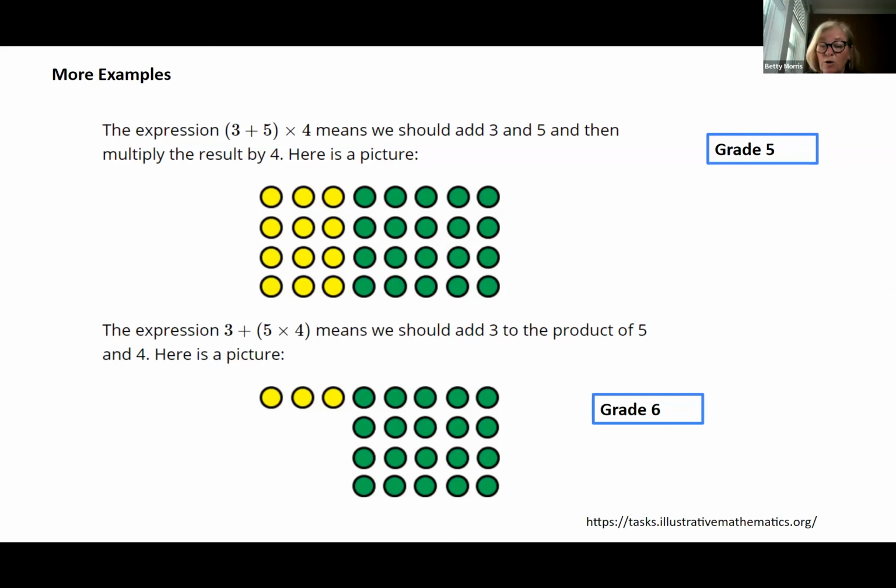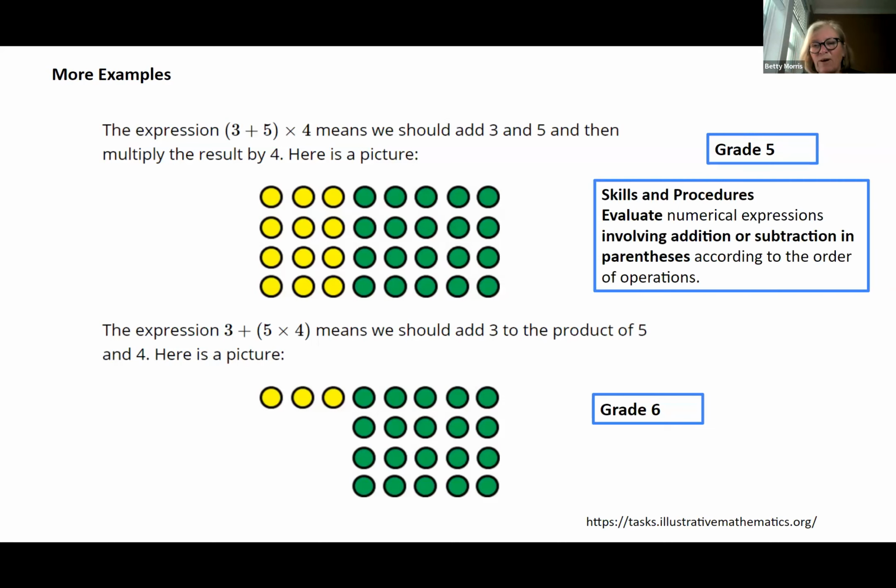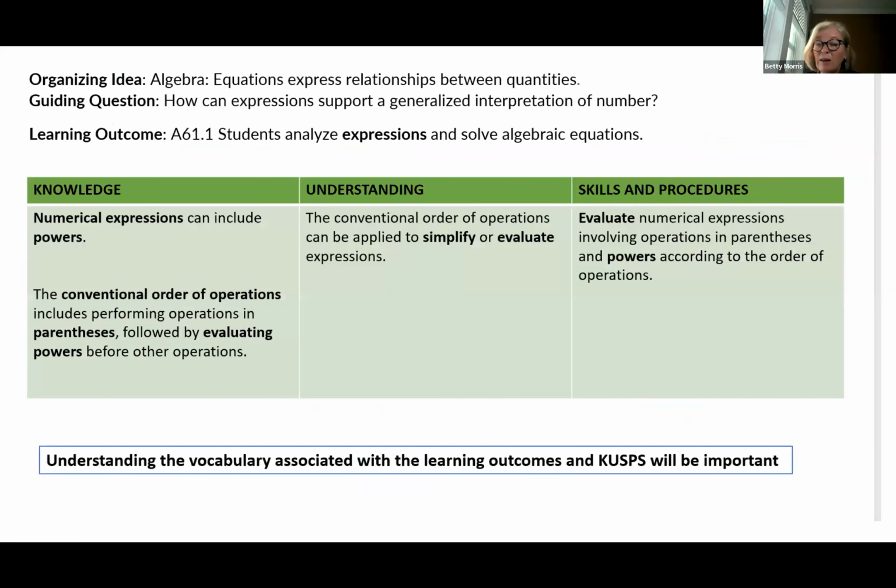Here is a picture. So there you can see that it's 3 plus, initially it's the 5 × 4. I'm just hurrying up. So for you, Lana, very quickly it's 5 × 4, and then you add the 3. So the value becomes then 23. So it's different. But these little circles, you can draw the circles, put them on the smartboard or the whiteboard very quickly, get the kids to draw them and yourself. So you have that understanding. And that's the grade 5 skills and procedures. Okay. And then the grade 6.